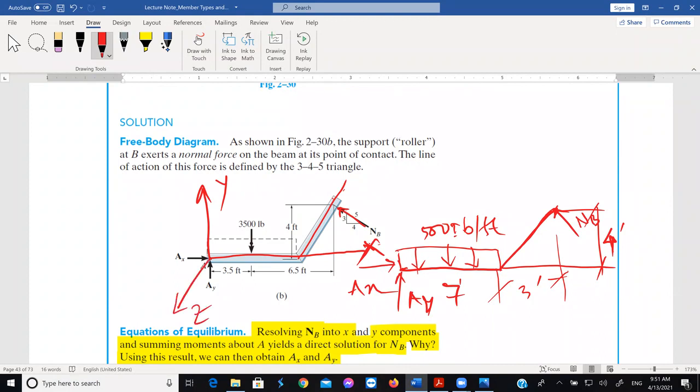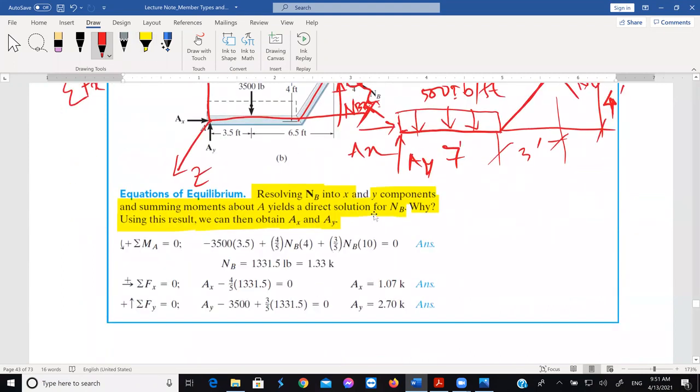That means if we want to sum the horizontal forces and make their equilibrium, then NB must have two components, in horizontal and in vertical direction. That means we need to resolve the NB into NBX component and NBY component. So that's why, actually, the answer to this why is that we are assuming the x-axis to pass through the horizontal portion of this frame, along the longitudinal axis of the horizontal portion of this frame.